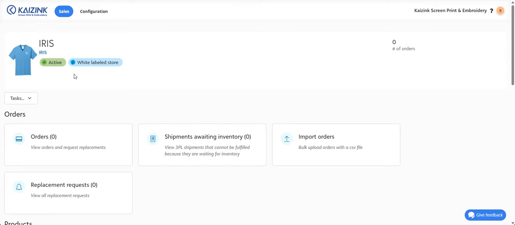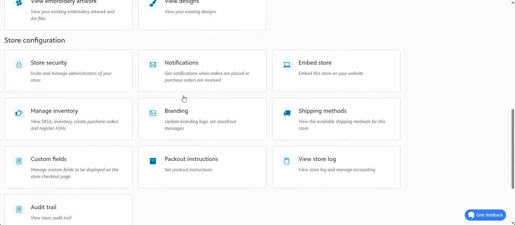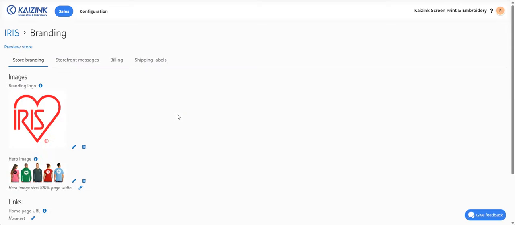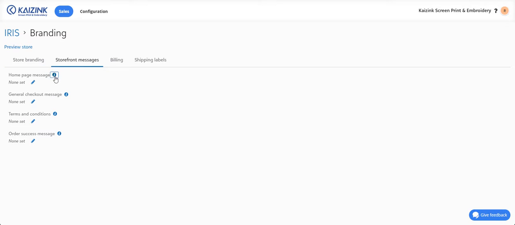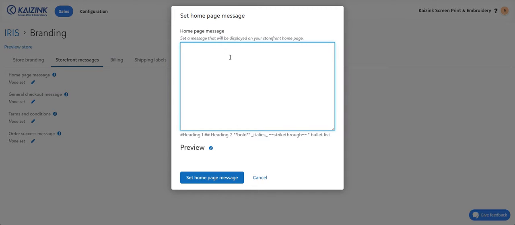So from the web store dashboard, go ahead and scroll down to get to branding. Once we're in here, we're going to go to storefront messages, and now you see that there's a couple of options on where you could set these messages. So for this instance, we're going to do the homepage message, and the message is going to be